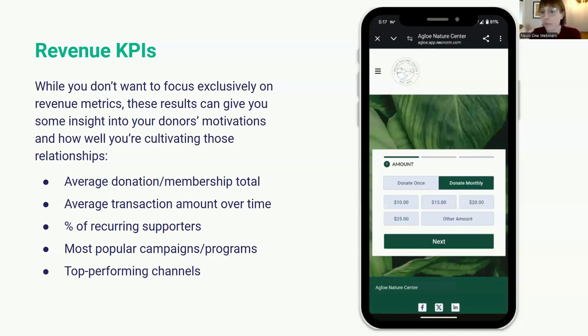You can also look at things beyond average transactions and average donation amounts. You can look at things like which campaigns drive the most donations or membership enrollments, which campaigns drive fewer donations, but those donations are higher. Maybe you'll notice that people who donate to you when you are asking on Facebook give more frequently, but in smaller amounts. You may notice that your mid-sized donors really love direct mail appeals. The more you dig into these patterns, the clearer a picture you'll get of the segments of people who support you, and how you can reach out to those folks.